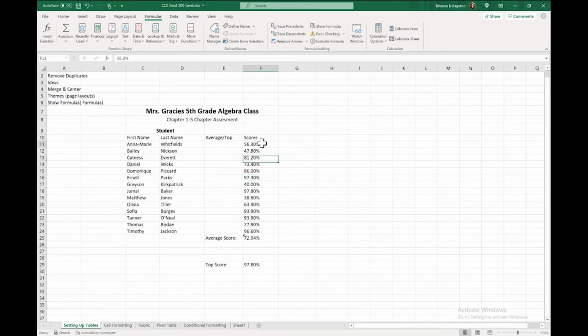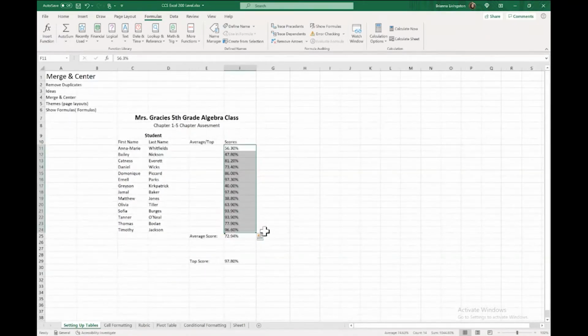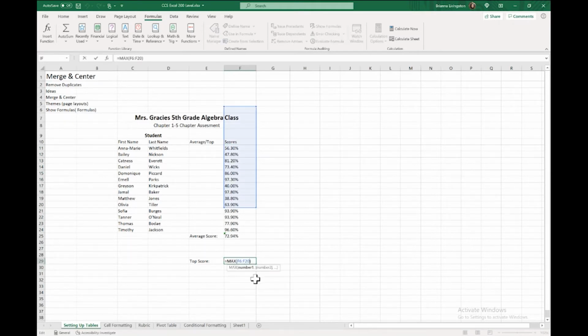That looks correct. But yeah, you want to use show formulas just to check your data, or even just to check to see what formulas were used. Maybe you don't understand how they got to that conclusion. Oh, you know what? That was correct. This one was wrong. That's the one that we need to fix. I was like, why is it not changing the score? It's our max score, so our top score was calculated wrong. There we go.